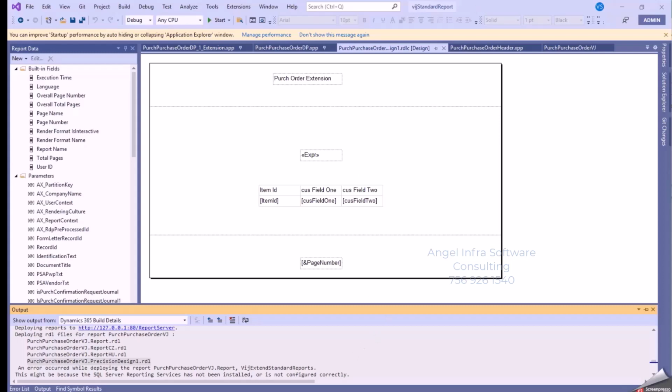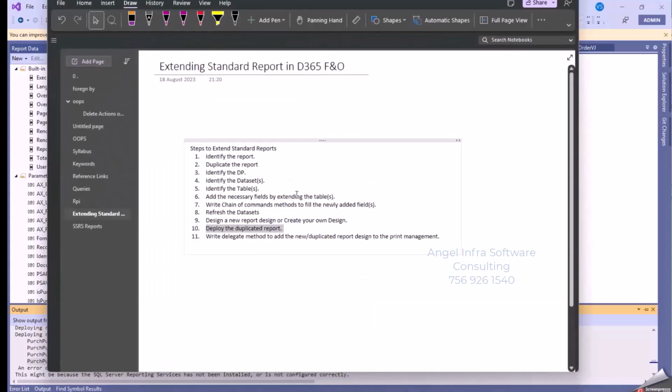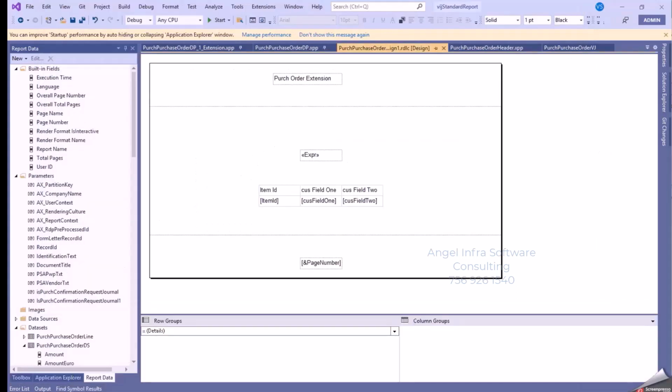So let's go back to our instructions again. Write a delegate method to add the new duplicated report design to the print management. What is print management here? If you go to the front end, yeah, let's go to the front end